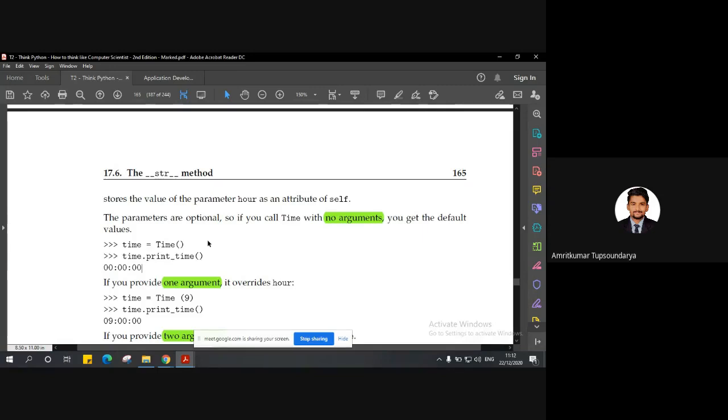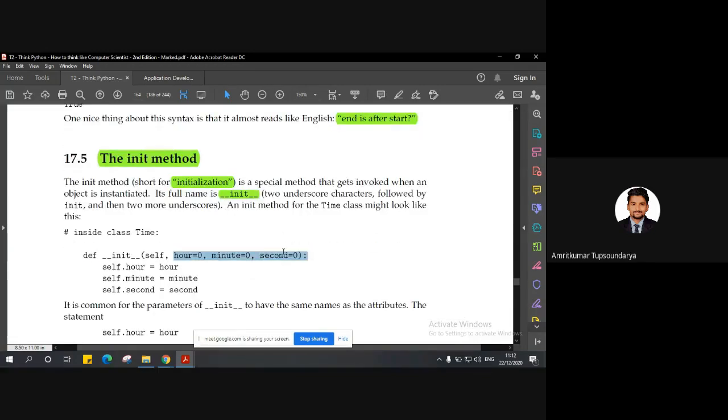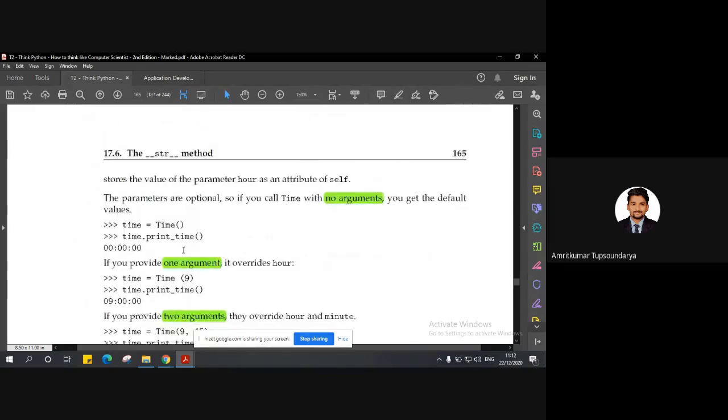When you pass, let's say, just one argument, though it takes three arguments, as you can see here, by default that argument will be considered as the argument for the first parameter, that is hour. So whatever the value of hour is there at that moment will be overwritten by the new value which you have passed as the argument. So this 000 is now updated to 900. That is 9 hours, 0 minutes, and 0 seconds.